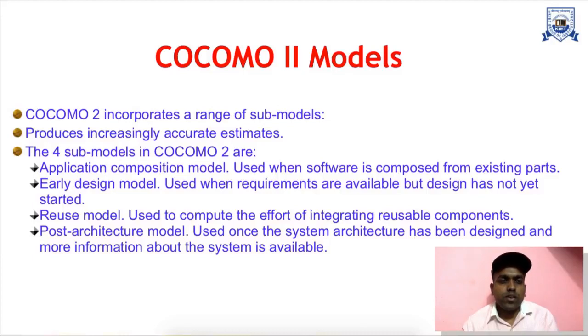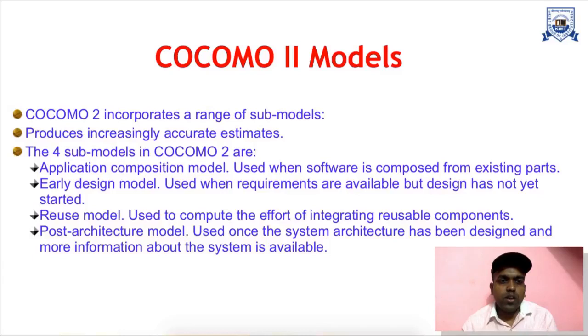So what are these? The first one is the application composition model. The second one is the early design model. The third one is the reuse model, and the fourth one is the post-architecture model. The application composition model is used when the software is composed from existing parts. If we are making software from existing parts, where some parts already exist and we are going to make the application,